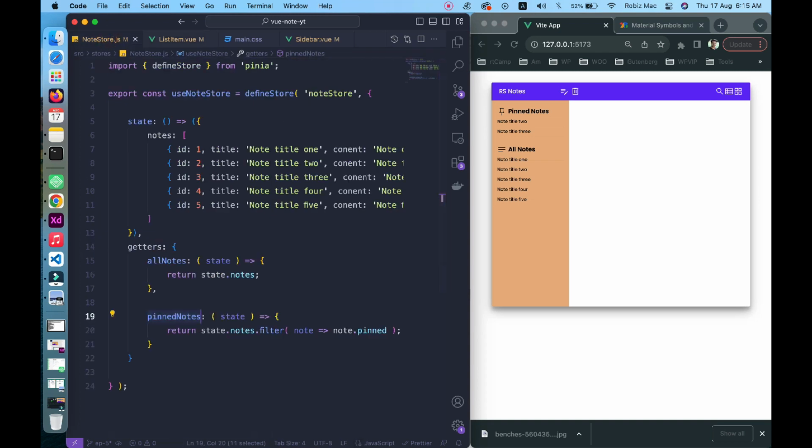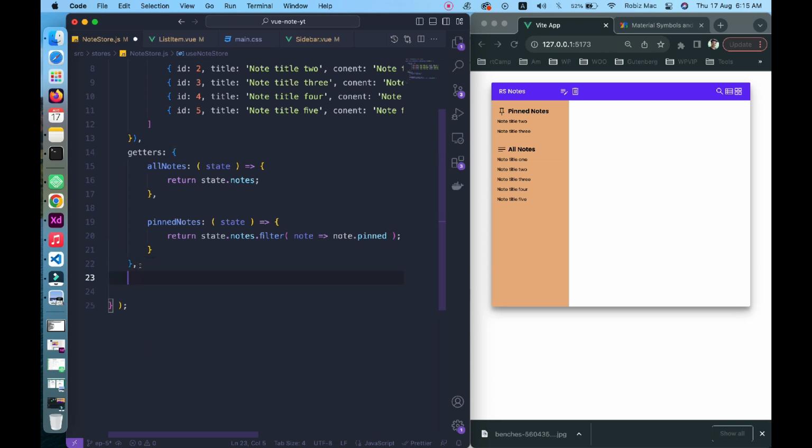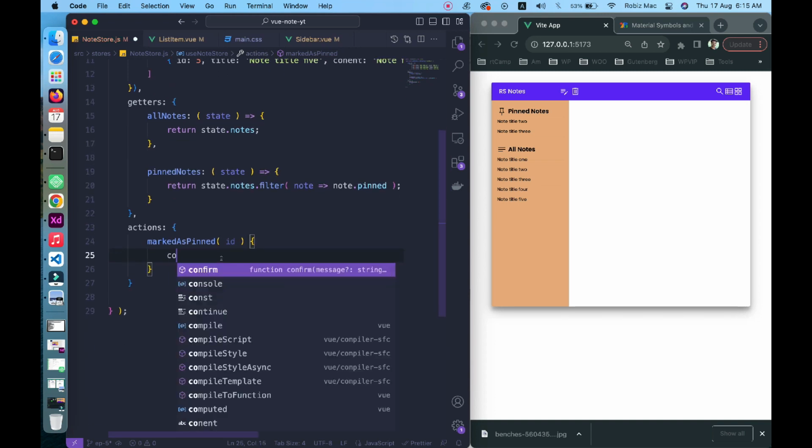So let's go back into the node store, and obviously it will be an action because we need to trigger the action and we need to manipulate the data. So let's create an action, and in action is also like the getters, so it will also have multiple things. So we can say marked as pinned, and this marked as pinned will manipulate or update the data, and we can grab the ID from here and it will be a function. So here let's add the const